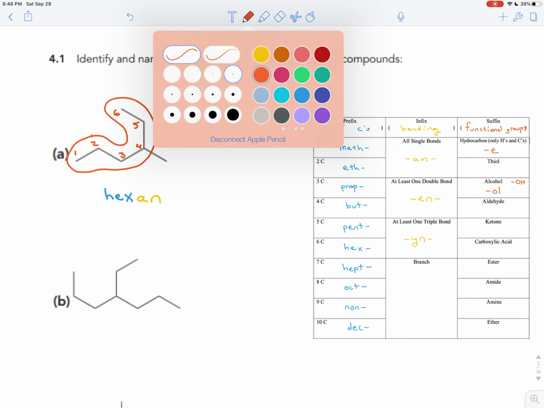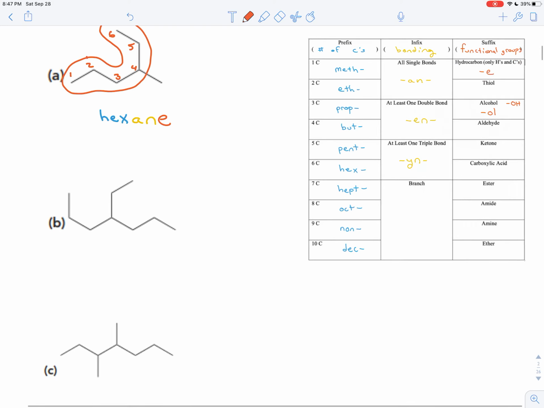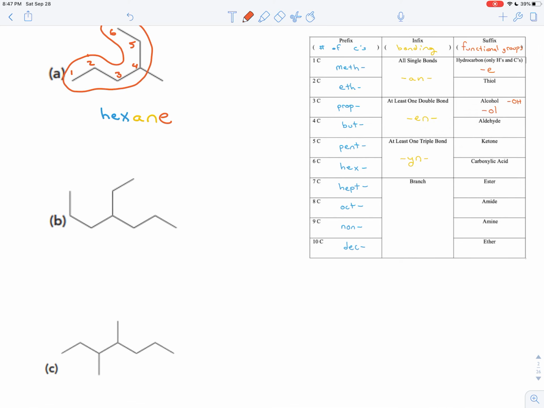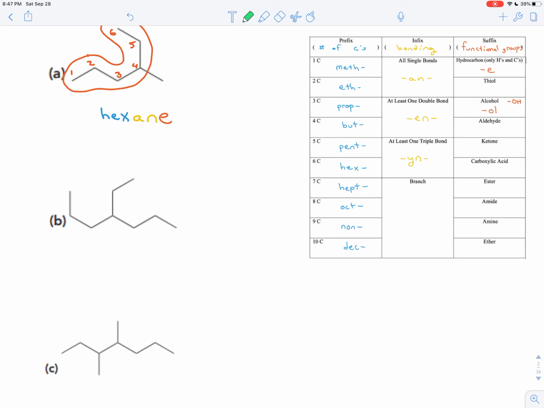And we have a hydrocarbon. I don't see the symbols for any other elements there, so it's just hydrogen and carbon, the suffix is E. And so the name for that parent chain is going to be hexane. We can follow a similar process of thought for this next molecule. So let me actually use these colors. So let's look at the different paths we can take across the molecule to try to find